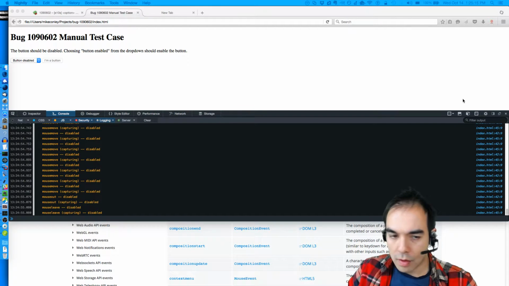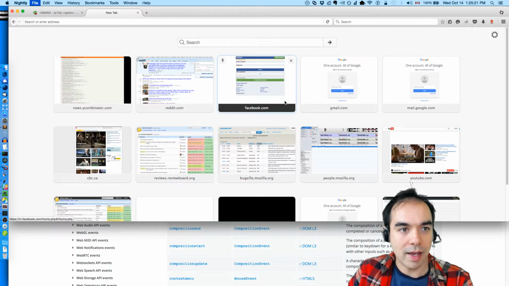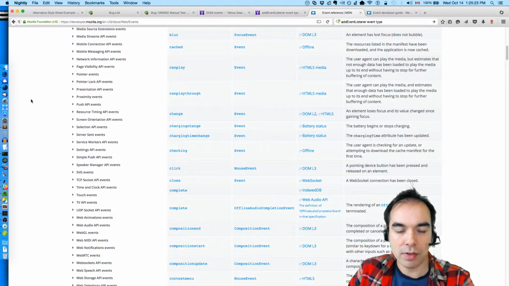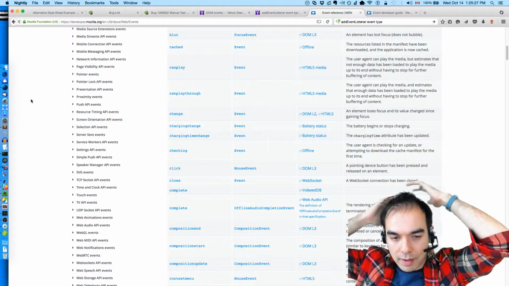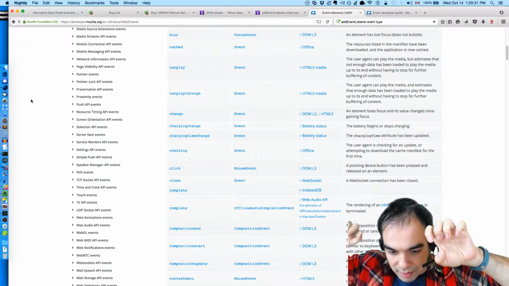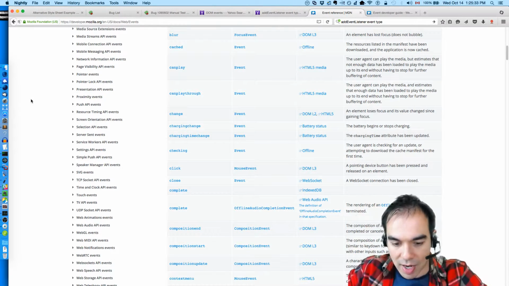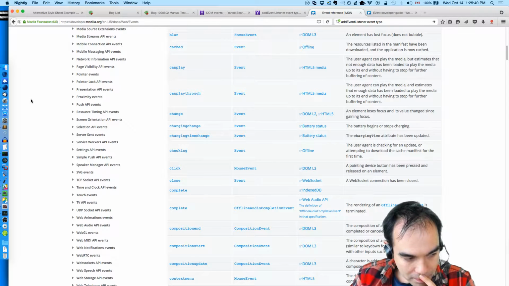So maybe we can simulate that. Maybe that's all we need. So how would we simulate that? We'd need a way in the parent of noticing whenever a menu item was being hovered, like was selected, and as soon as it's selected, we send a message down to the child to say the selection had changed. Right?